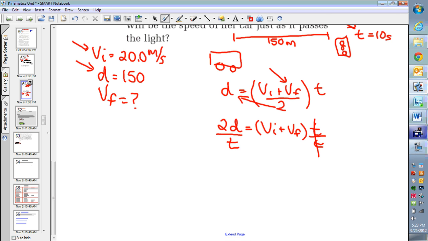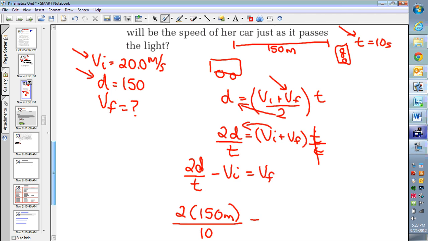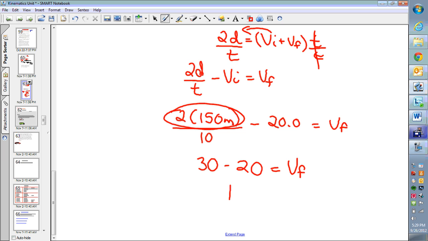And then I'm going to take the VI over and subtract. So 2 times the distance over time minus VI will give me the final speed. So 2 times the distance of 150 meters, divide by the time of 10, subtract my initial speed, which escapes me, 20 meters per second, will give us VF. Of course, we're not bringing the calculator up for this. 2 times 150 is 300. 300 divided by 10 is 30. Minus 20, shouldn't be a big stretch for us, 10 meters per second